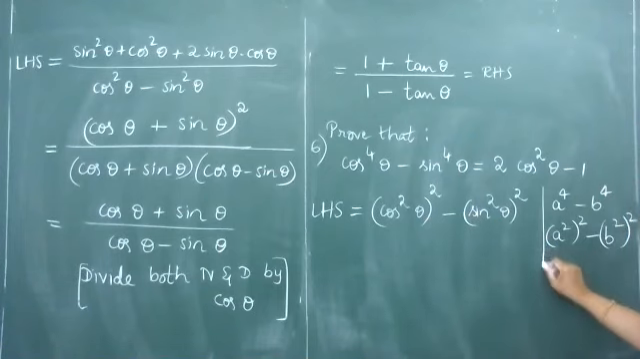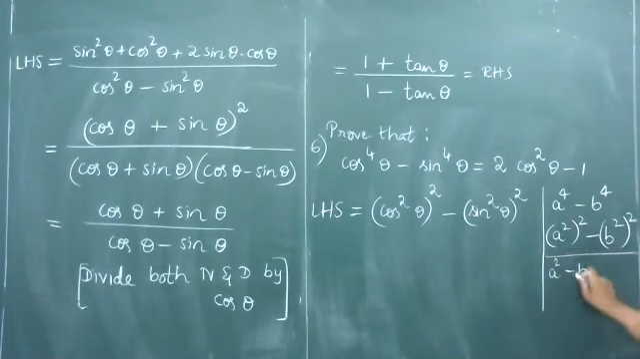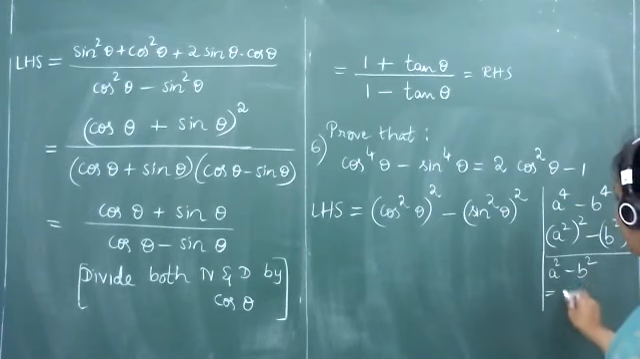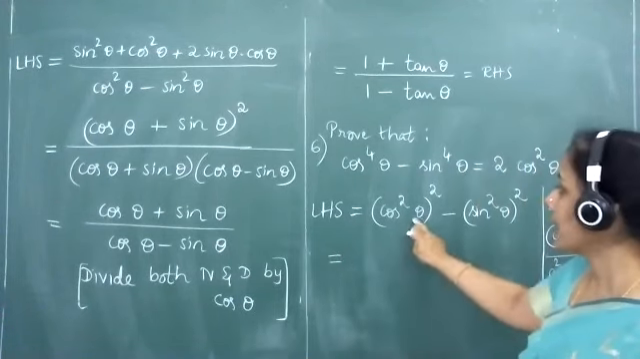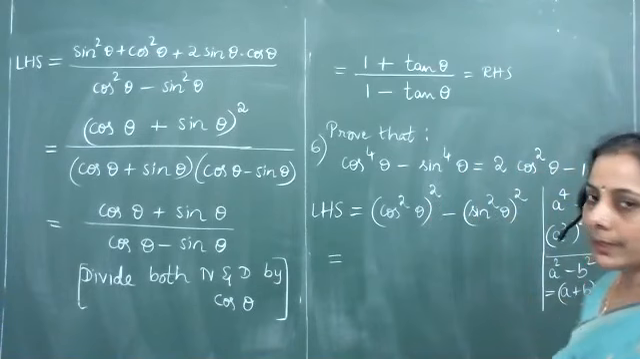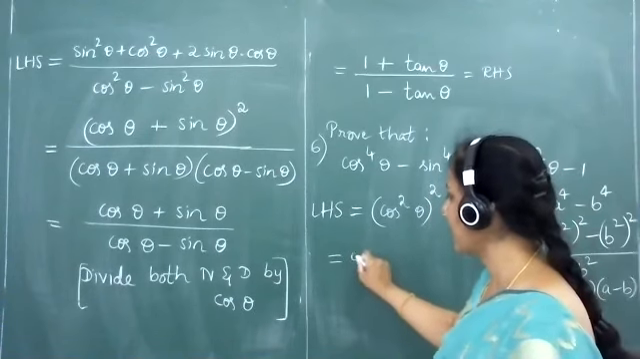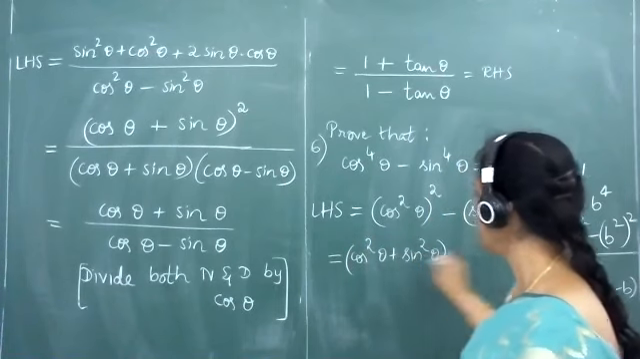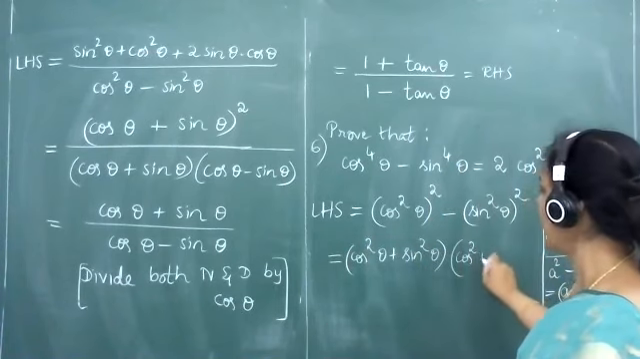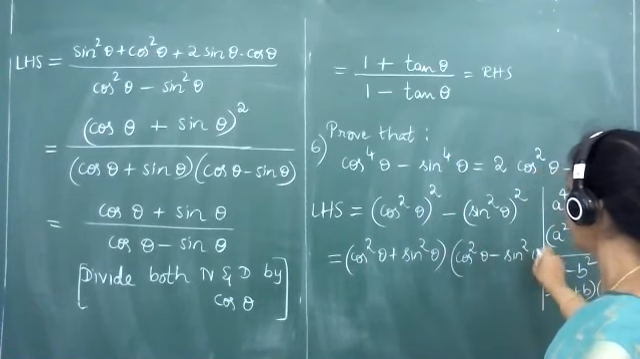Now, we will try to use the factors of a squared minus b squared. If you have a quadratic expression in the form a squared minus b squared, then one may factorize it as a plus b multiplied with a minus b. Similarly here, cos squared theta the whole squared minus sin squared theta the whole squared gets factorized as cos squared theta plus sin squared theta multiplied with cos squared theta minus sin squared theta,